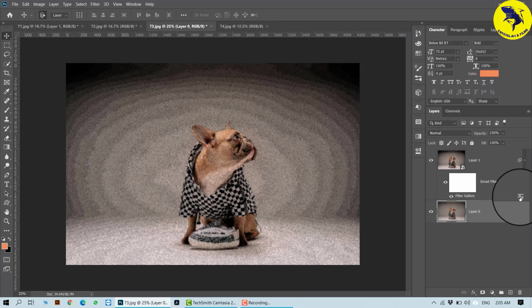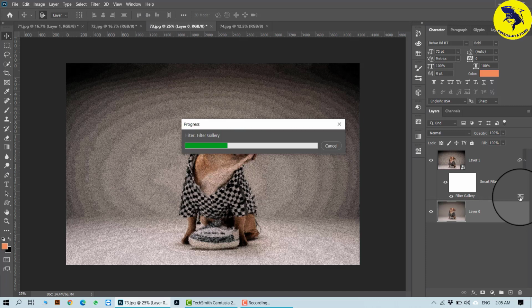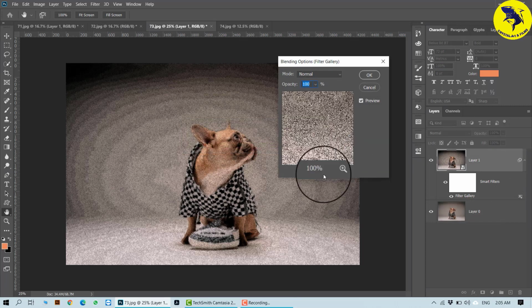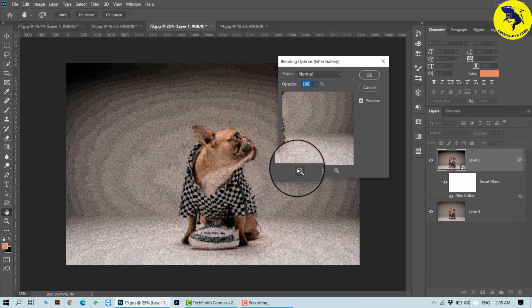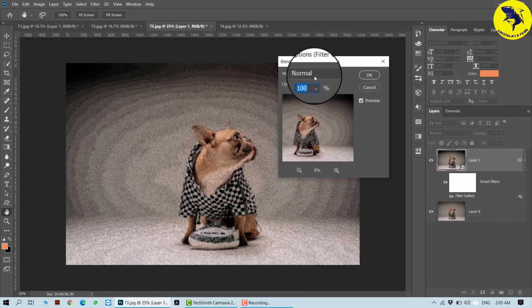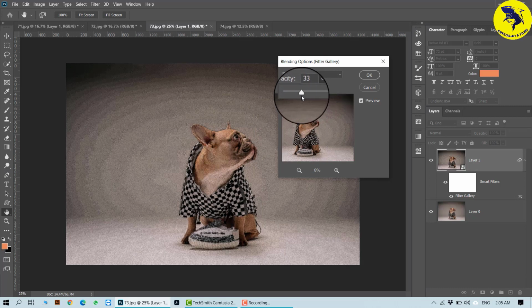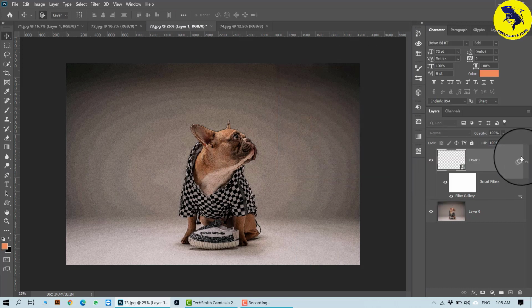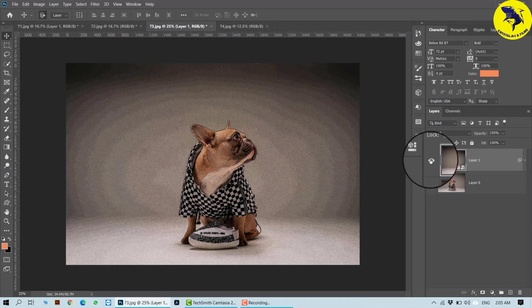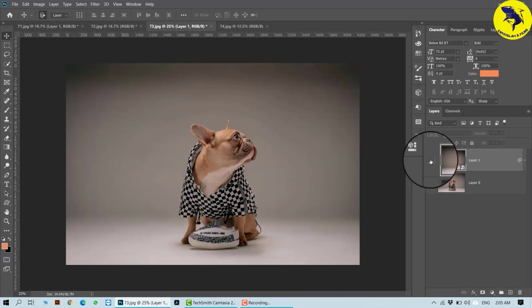Now double click onto this and I'll get a small box popping out which will ask whether I need to change the layer modes or the opacity. This is what it looks like. If you really want to see how it actually looks, you can just zoom out. I'll reduce some of my opacity, making it halfway, and then I'll make it overlay. Now my filter which I worked on the layer has become like a mode onto my original. So this is the original and this becomes the mode onto it.